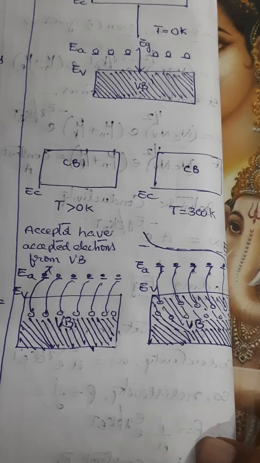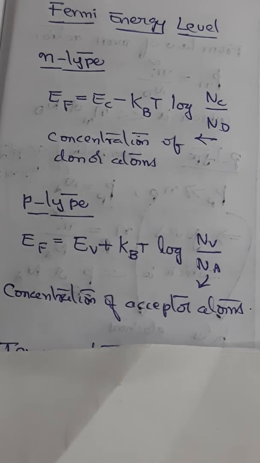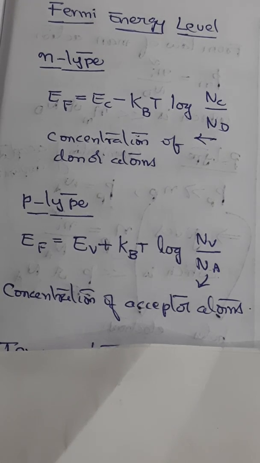If you look at the Fermi energy level, also try to recollect the Fermi energy level in an intrinsic semiconductor. There EF is always simply EC plus EV by 2. That is always lying in the middle. That is in the case of an intrinsic semiconductor, because there is no discussion of the majority carrier concept in an intrinsic semiconductor. But in an extrinsic semiconductor, we are using the concept called majority carriers.